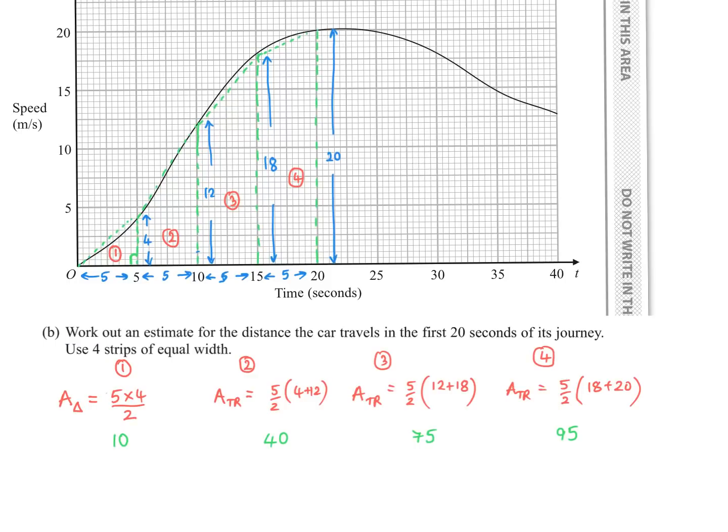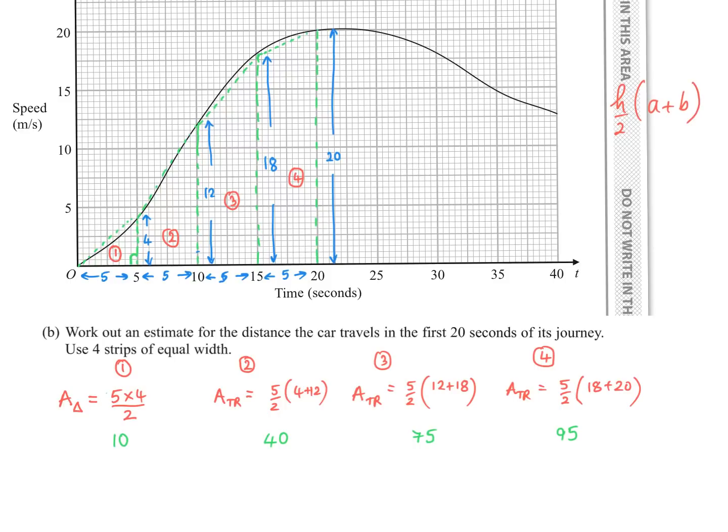So what I've done, I've already carefully worked out that these are all 5 and the height's 4. This doesn't have any height, so that's why we're saying it's a triangle. We could say it's a trapezium where we've got 0 height here, but we'll use a triangle formula. So I've got 5 times 4 over 2, which is the area of this one, and I've labelled it as 1. Then the area of a trapezium, don't forget the formula goes h over 2 lots of a plus b,